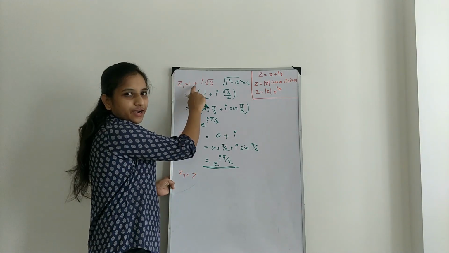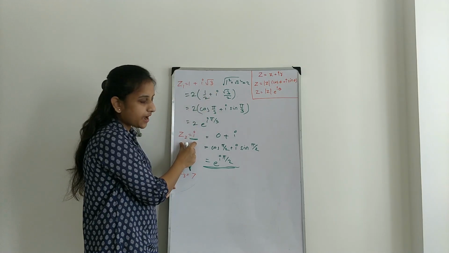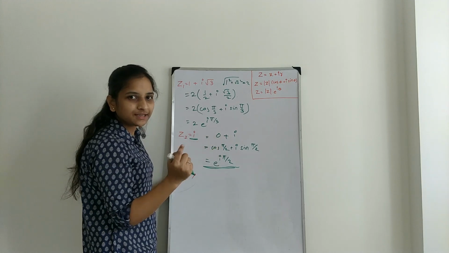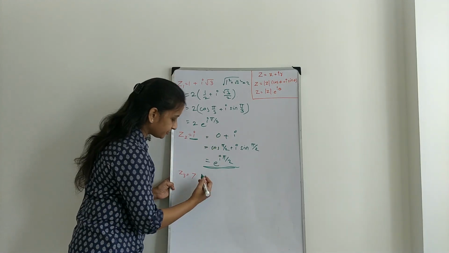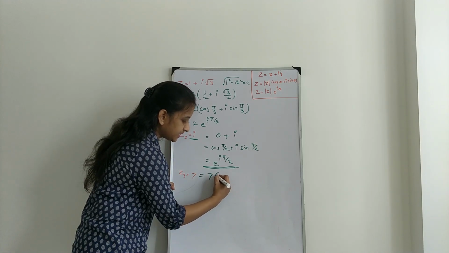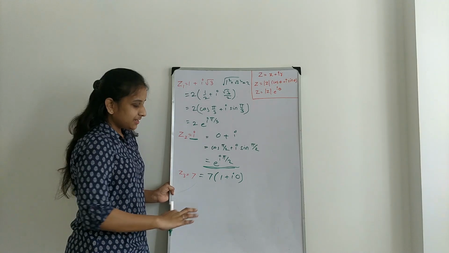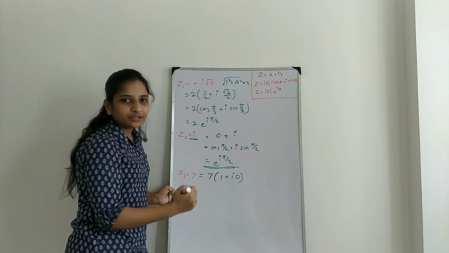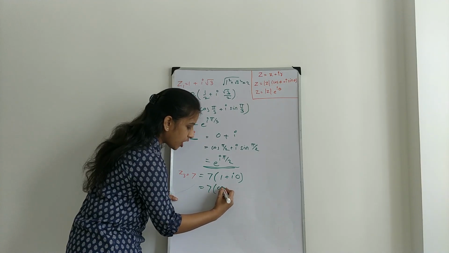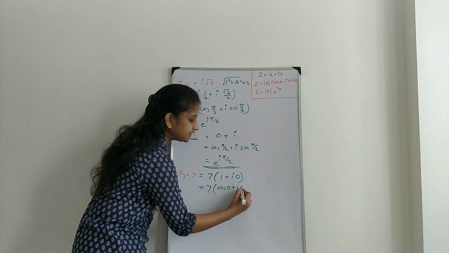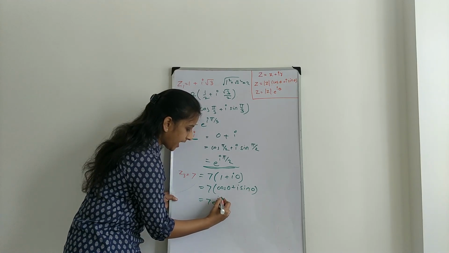When there is a real part and an imaginary part, that is the standard process. When there is only an imaginary part, we have taken 0 as the real term. Similarly, for the imaginary term, I am taking 0. So I am taking 7 as 7 times (1 plus i 0). Fine. Now converting it into the trigonometric function: 7 into cos 0 plus i sin 0. This is nothing but e power i 0.